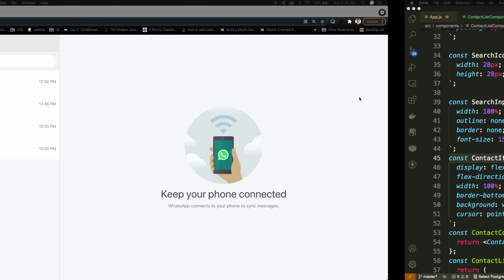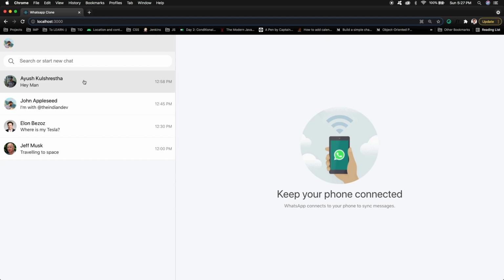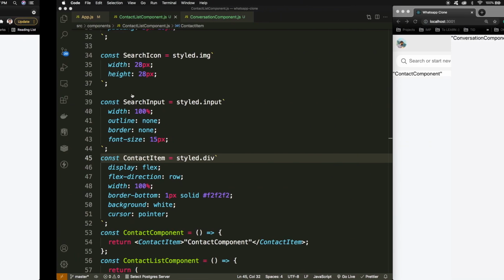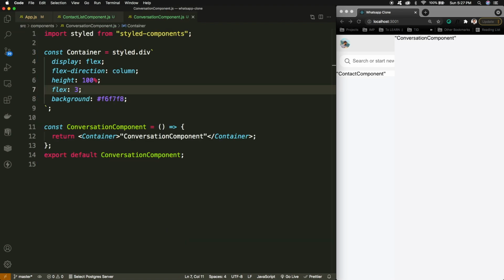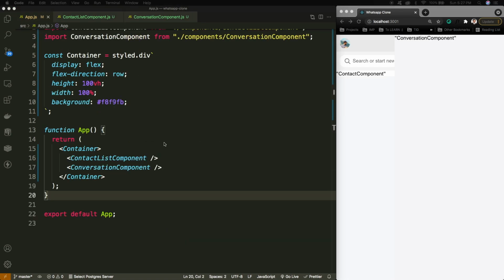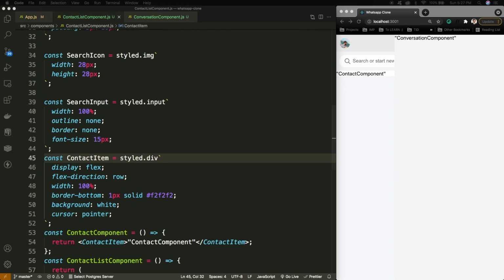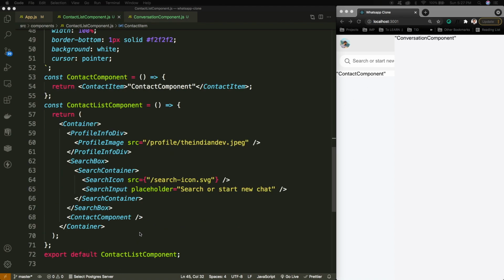Now we can define the things inside this contact item itself. Inside this contact item, we have the profile icon and the contact info, so we can start with that part. We were in the contact list, and for the profile icon, I'm using the profile image that I have just used.